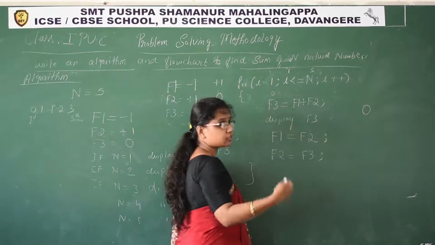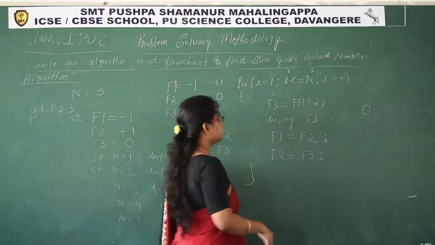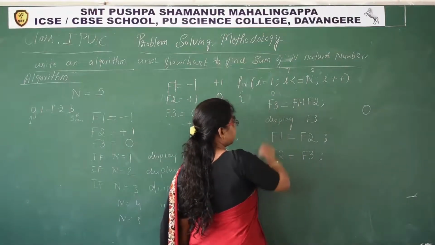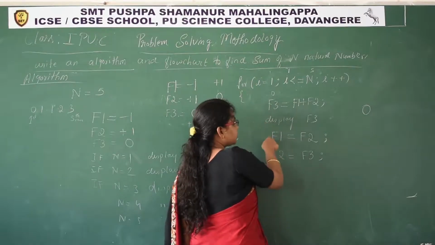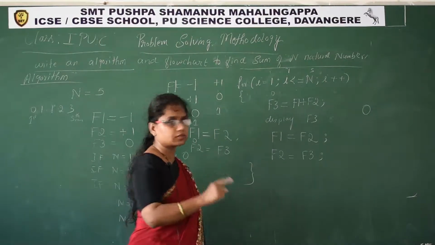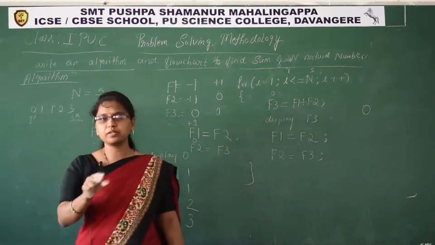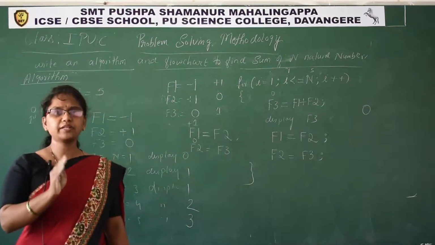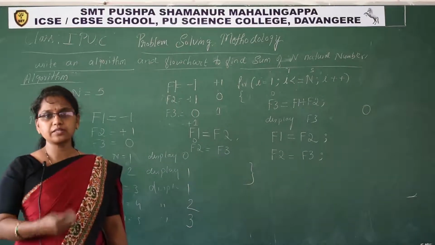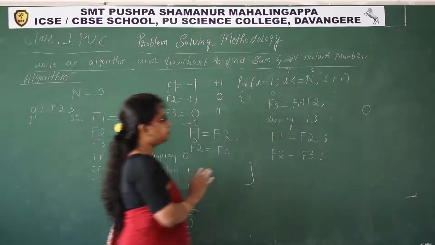How many numbers do we have to generate? 5 numbers. That series of 5 numbers has to be generated. Within this looping statement, within this body, we have 4 statements. After execution of those 4 statements once, it goes to the modification part. You should remember this rule: however many statements there are in the body of the for loop, all statements will be executed once, then it moves to the modification part.